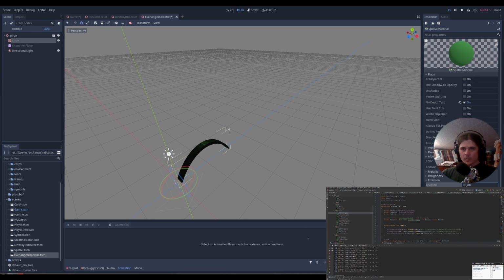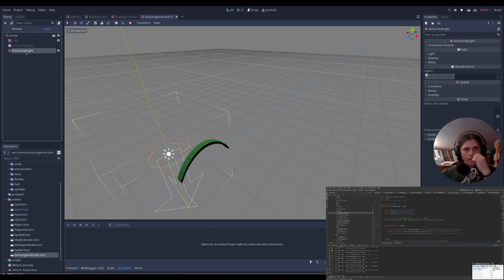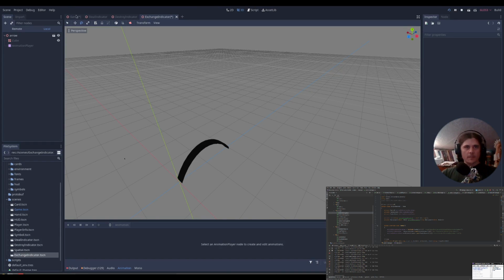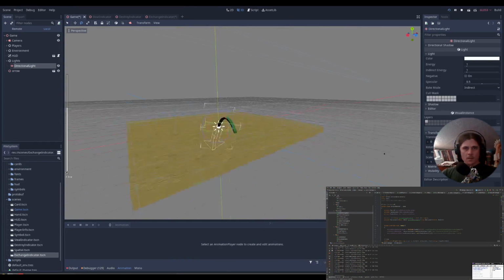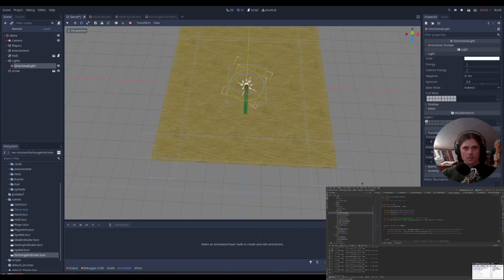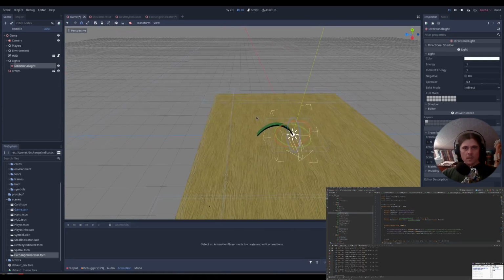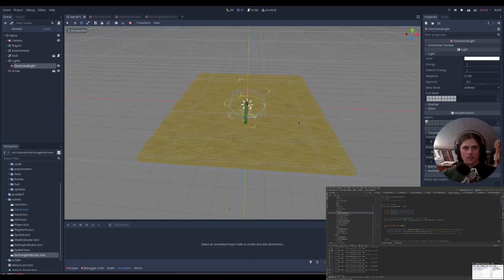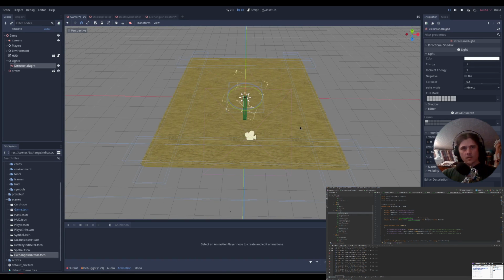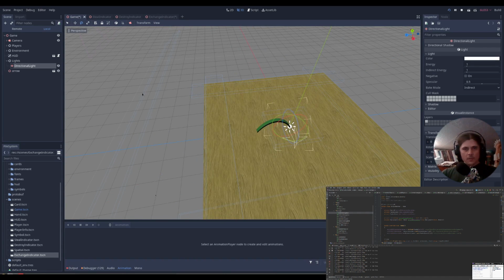Wait, remove the emission and try to... yeah, so there was some problem with normals there. Okay, fine. Okay, maybe we can use the camera from this way. Oh, that's fine. Okay, so now